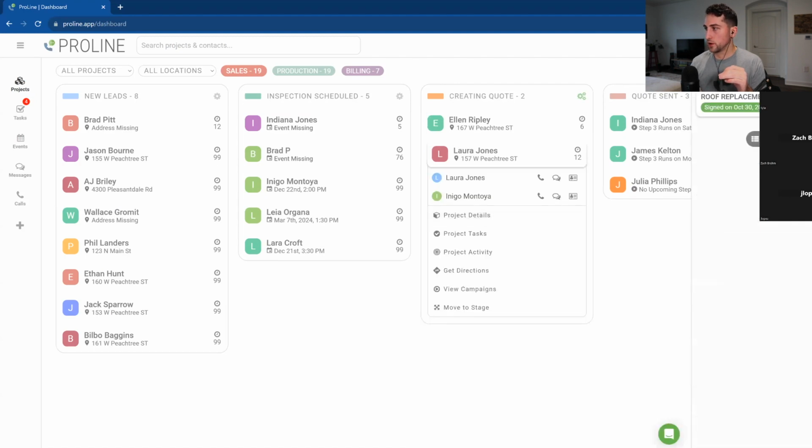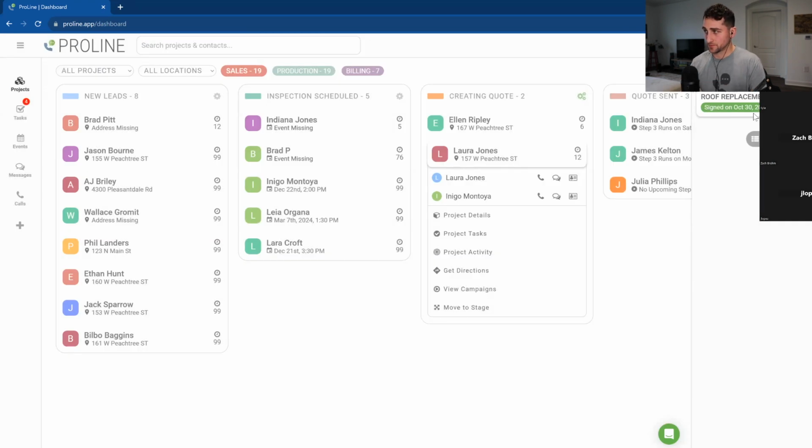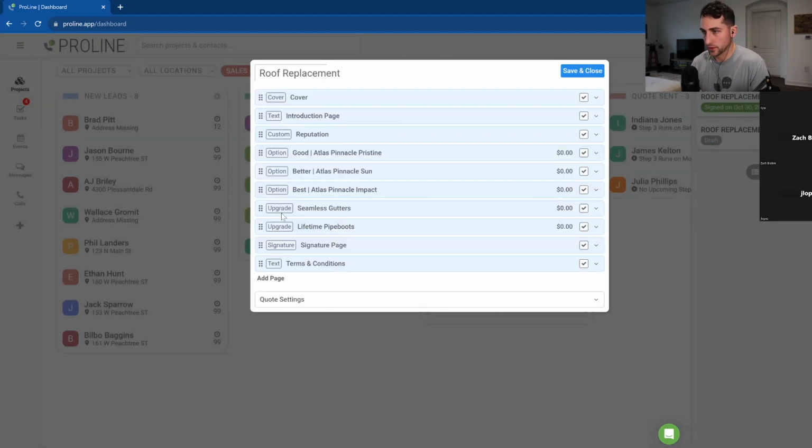So we'll go to quotes. Now we have that Atlas roof replacement here that's available. In this project, I already have measurements that have been added. So I have measurement values in here. ProLine is going to use these measurement values with those line item calculations to calculate out the quantities that go on this quote. So when I hit create,